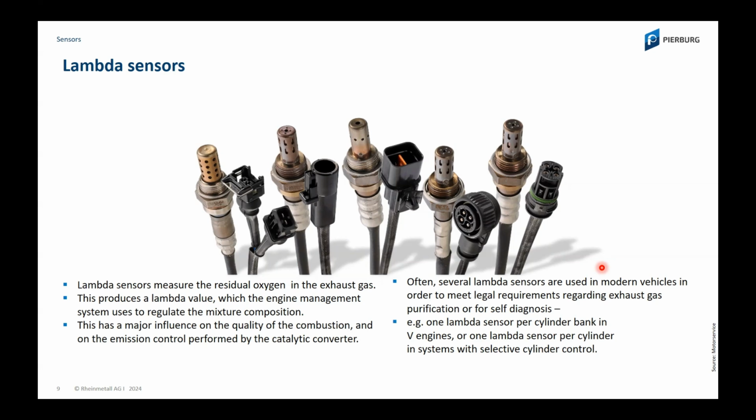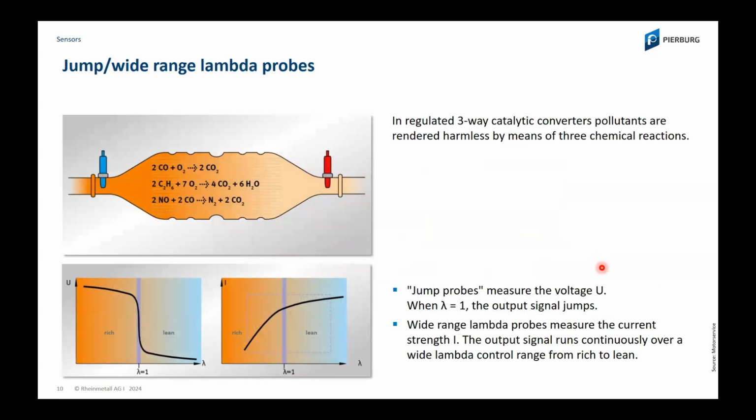Lambda sensors are needed to calculate the correct mixture and to operate the catalytic converter. So this is what happens in the catalytic converter. The catalytic converter converts carbon monoxide, nitrogen oxides, and hydrocarbon into normal gases, which are not unhealthy anymore. The three gases before are very unhealthy. They are toxic, so they have a direct influence on our health. So the catalytic converter converts carbon monoxide, hydrocarbon, and nitrogen oxide to water, carbon dioxide,